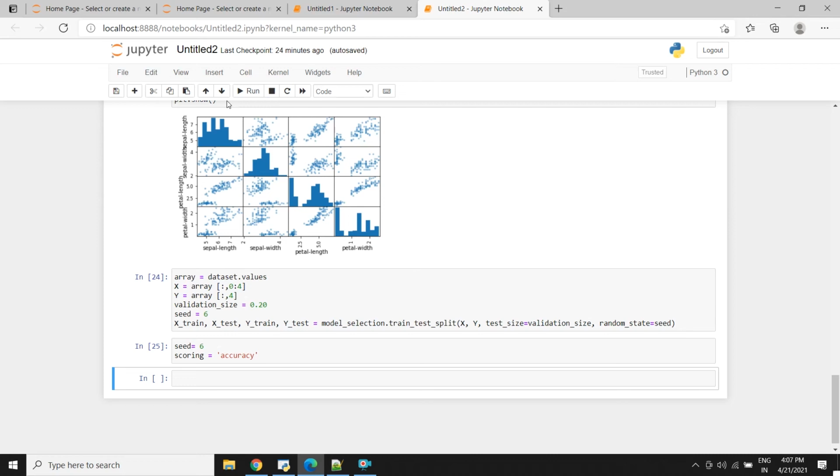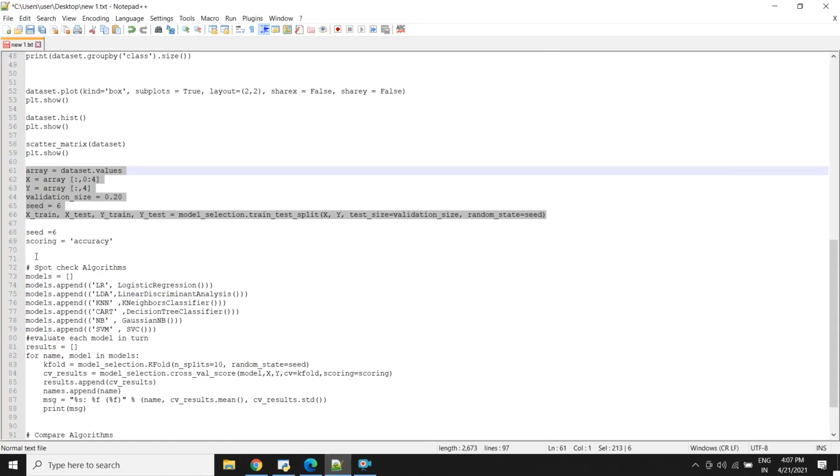The next part is building the model. Till now, we don't know which algorithm would be good for the problem or which configuration to use. So let's begin with 6 different algorithms. I'll be using logistic regression, linear discriminant analysis, k-nearest neighbors classification, regression trees, Naive Bayes, and support vector machines.